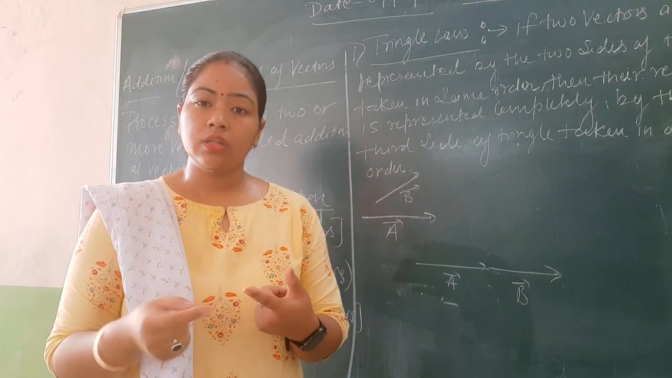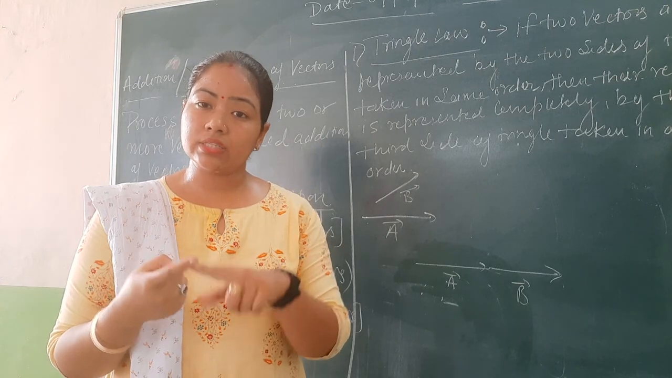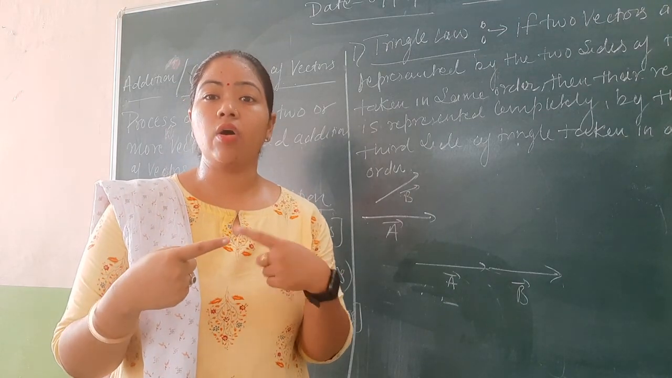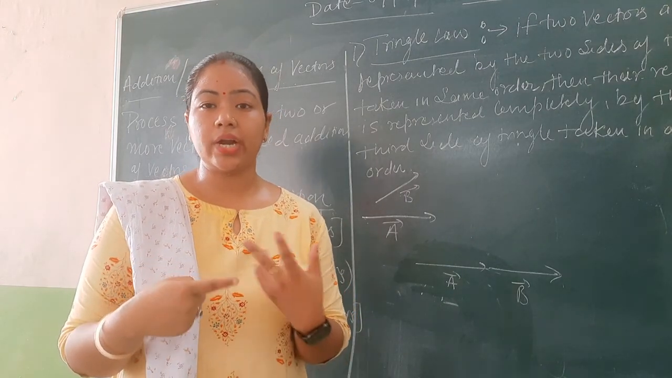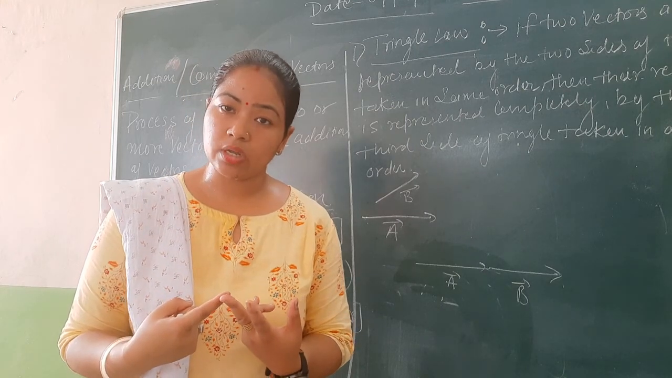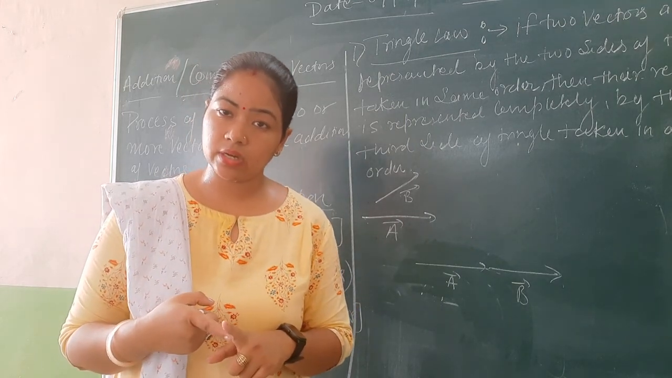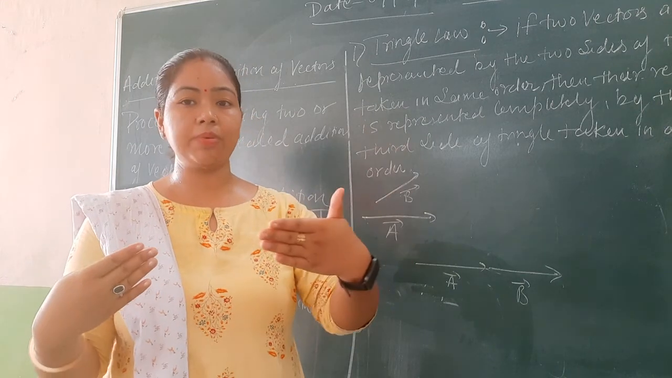When the tail of another vector is connected with the head of the previous vector, that is taken as the same order in the concept of vectors, right? Whenever you connect the head of any vector with the tail of another,